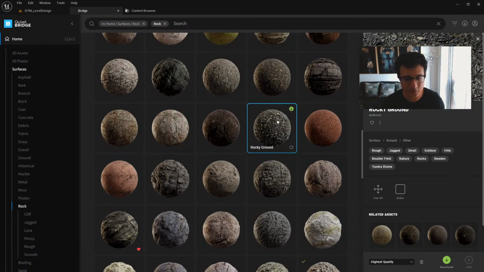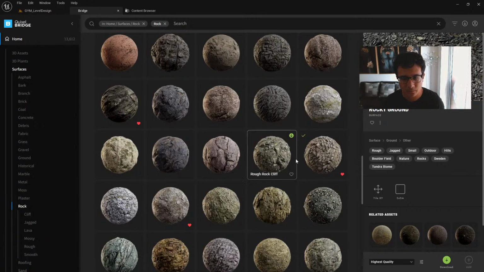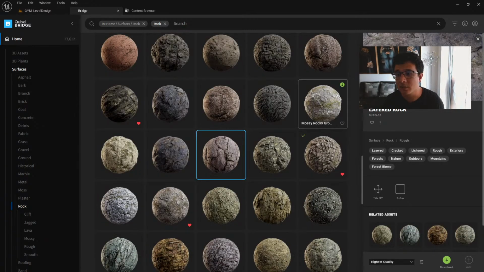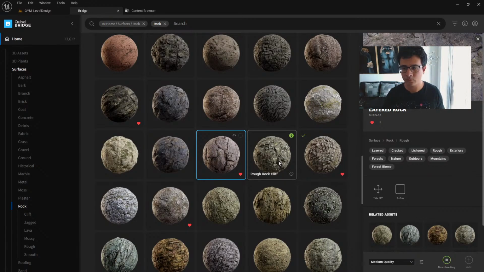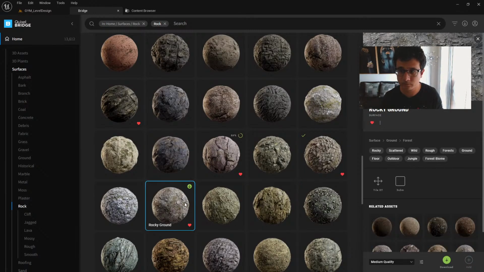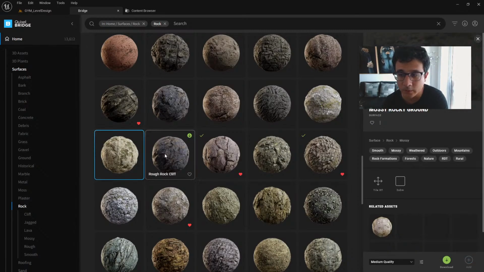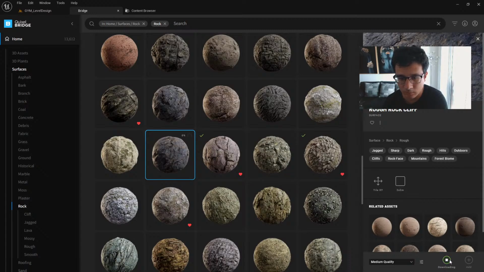Basically, you're looking for something that has a lot of frequency details, like this rock, and something that has not. This one actually is very nice. I don't want to download the highest quality. I'm just gonna download this one. It's not a bad one. And let's see what other ones you have. That one could be, actually these two could work. So I'm just gonna download it